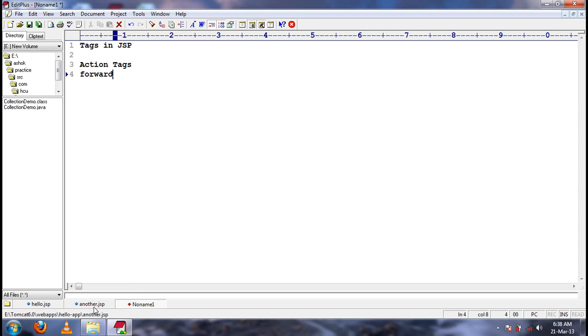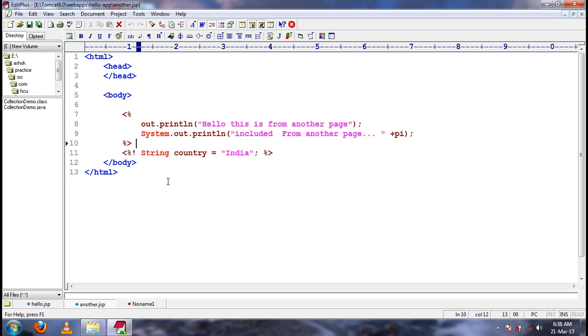And how can we use a tag, like in any XML page, even HTML also? Starting tag and ending tag. Sometimes if a starting tag and ending tag are not there, we just start and end the tag at the same place, like break. If we want to give a break, we start and end the tag at the same place.